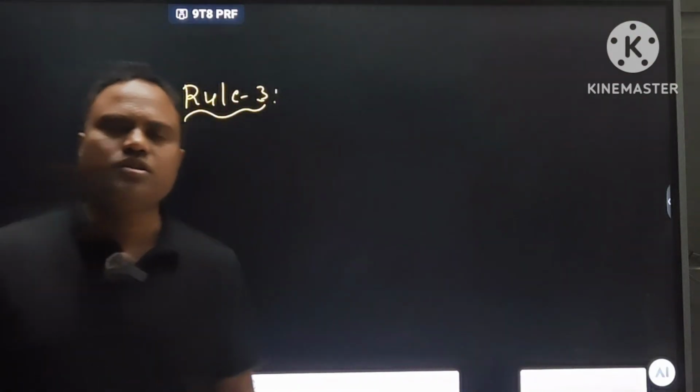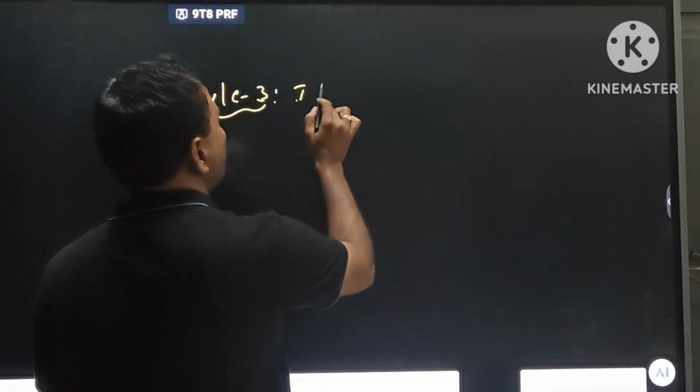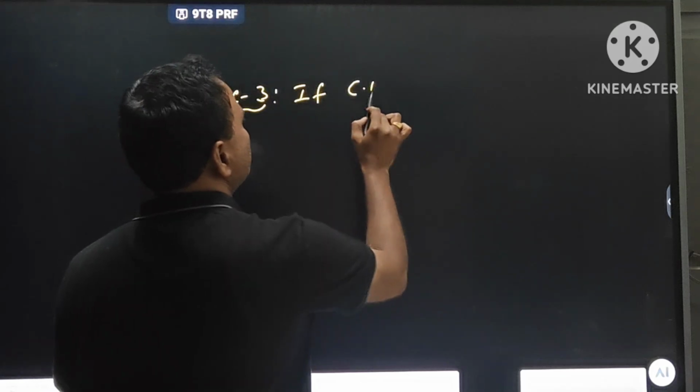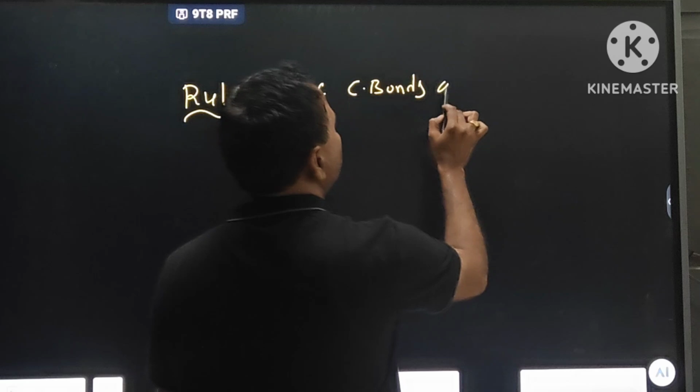If two resonating structures have the same number of covalent bonds, then how to predict the stability? CB stands for covalent bonds. If covalent bonds are same,